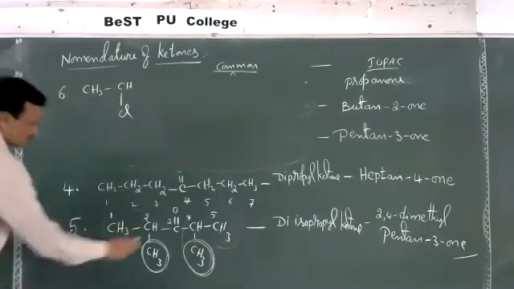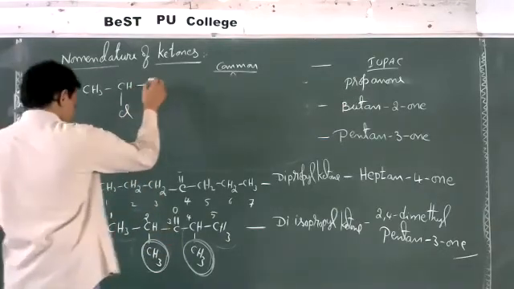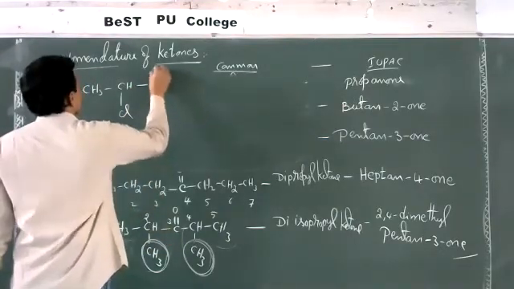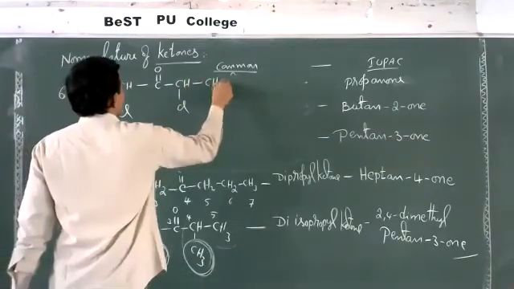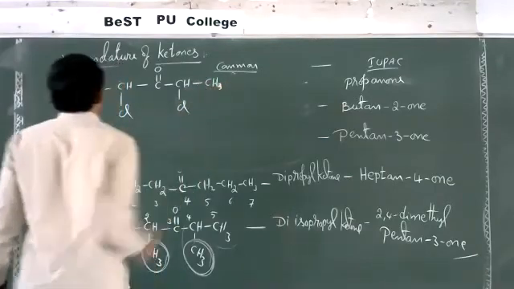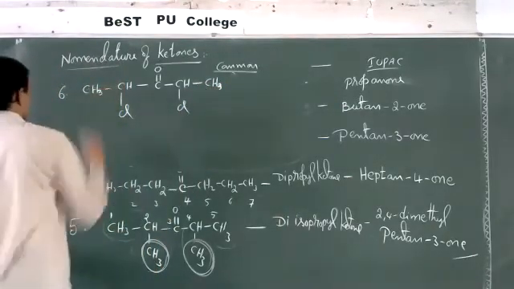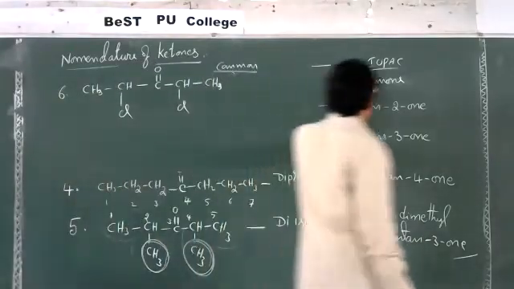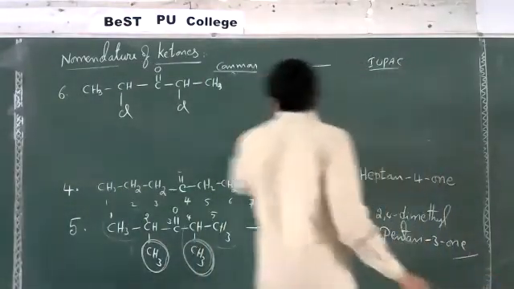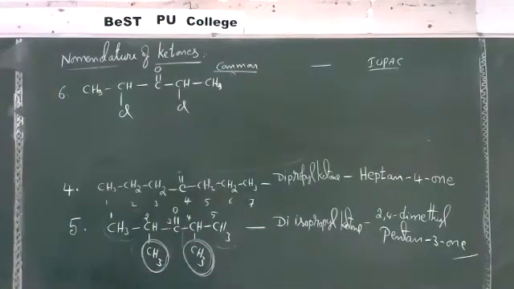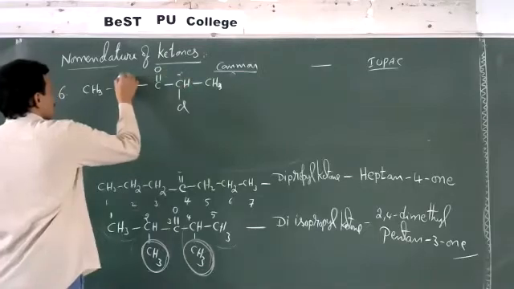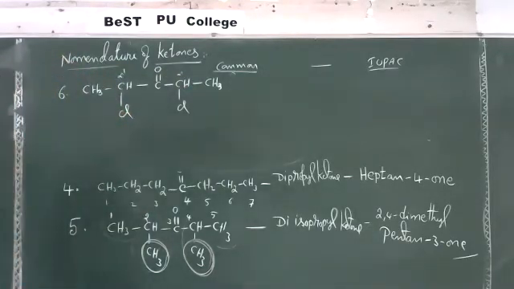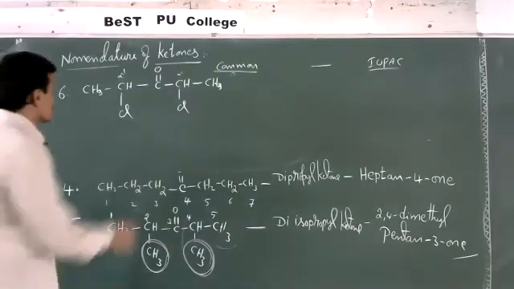Just like this fifth one only, instead of methyl, I am going to take chlorine here. Same. Now, this is the compound. Then what is the name of this compound? What is the common name and what is the IUPAC name? See here, this is alpha position, this is alpha dash position. According to common nomenclature system, at alpha and alpha dash position, chlorine is there.